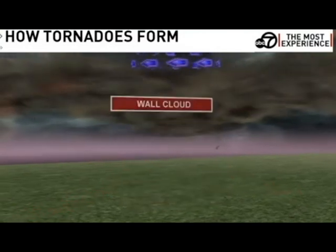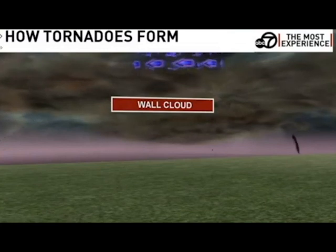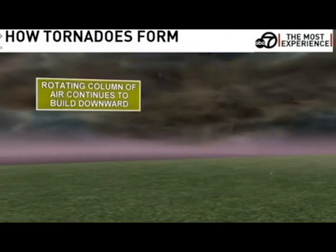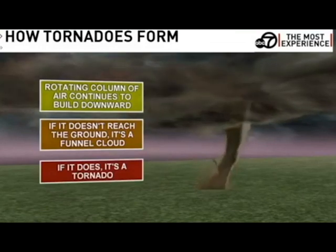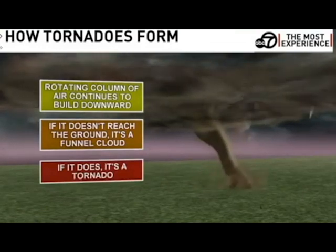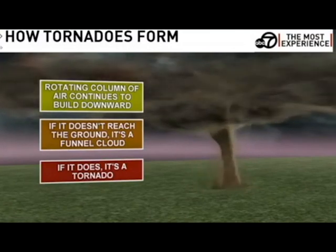And from that, it's a wall cloud. You saw that Zach was standing in front of that big cloud, that lowering. Out of that wall cloud, that rotating column of air continues to spin downward. If it touches the ground, it's a tornado. If it doesn't touch the ground, it's a funnel